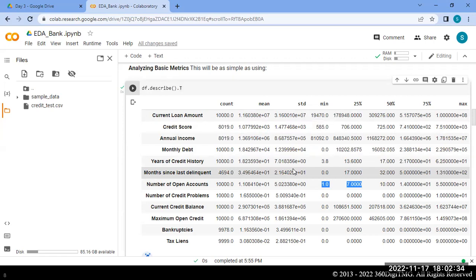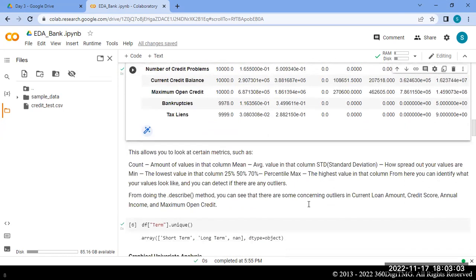Any one of those you can go with. Based on the minimum and maximum values, if the range is very different, we can go with normalization or standardization. Both work, we will use any one of those. It is fine.